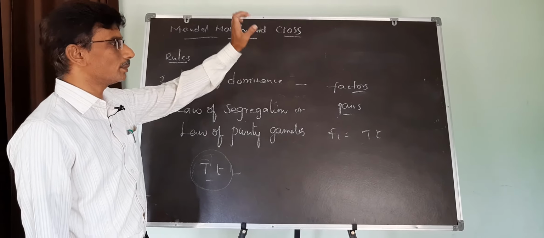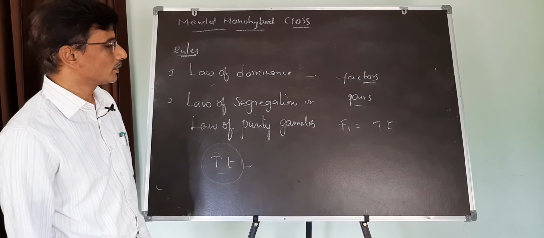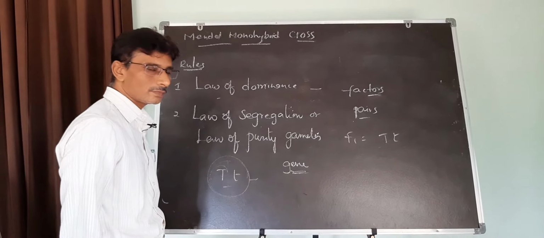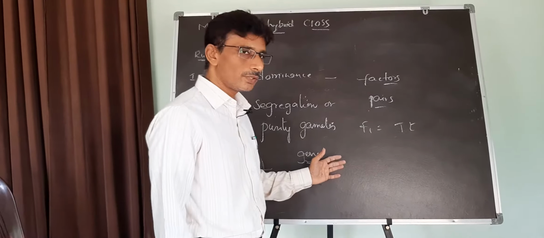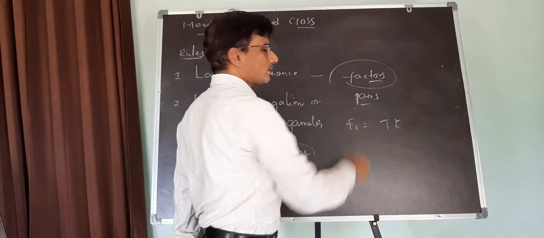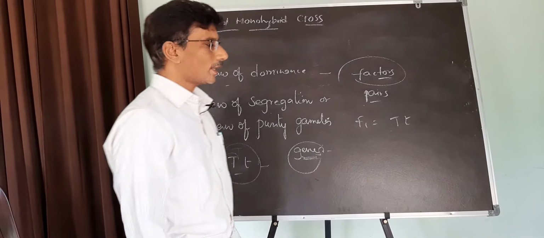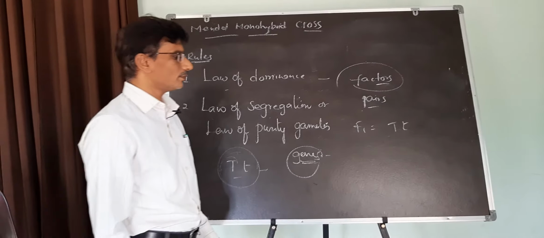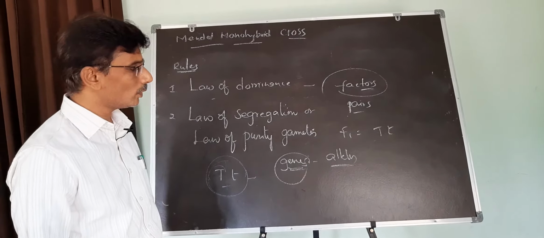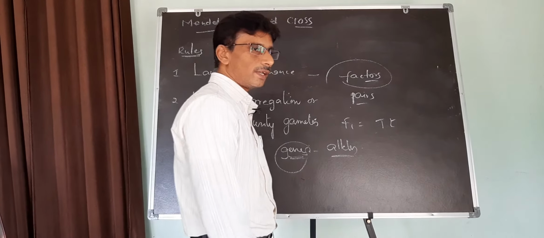These two principles are also called principles of inheritance. They were first proposed by G.J. Mendel with the help of this monohybrid cross, even though he did not know the gene. Actually, what is the gene? A gene contains the information to express a particular character in an organism. So nowadays, the factors are what we consider as genes. Next, we can understand another important feature, the alleles. Alleles are the two different forms of the same gene.